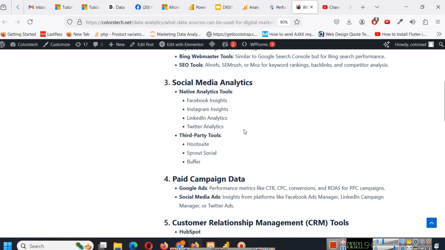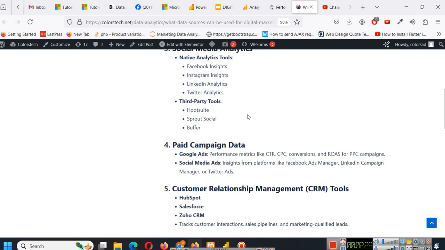You can do social media analytics also using native analytics tools like Facebook Insights, Instagram Insights, LinkedIn Analytics, Twitter Analytics. Some of them provide data export, and you can export that data and import into your reports. LinkedIn also does that, Facebook also does that. So we will prepare a dedicated video for social media analysis for this. You can also use some third-party tools like Hootsuite or Sprout Social or Buffer, which can do this task for